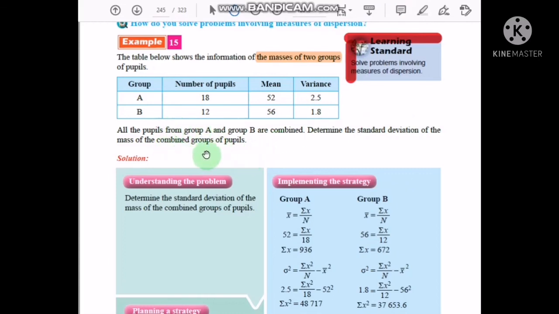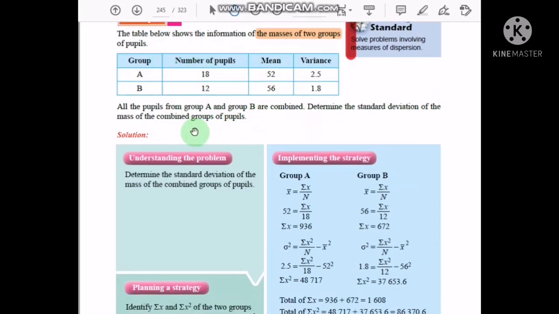Okay, class. Now, the question asks you to determine the standard deviation of the mass of the combined group of people. So this is the only information given. Okay, and then what should you do? You need to know that in order for you to determine the standard deviation, you need to find